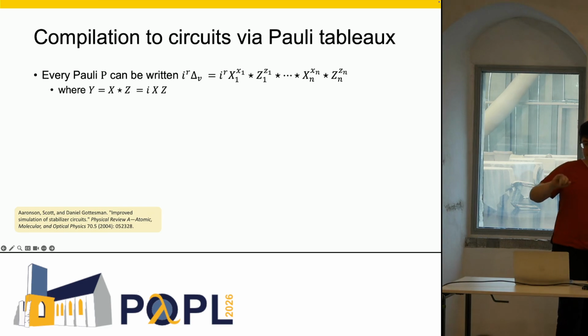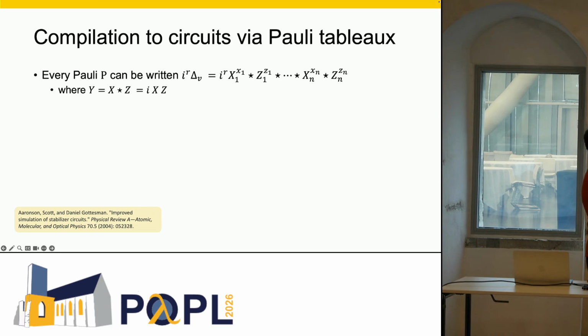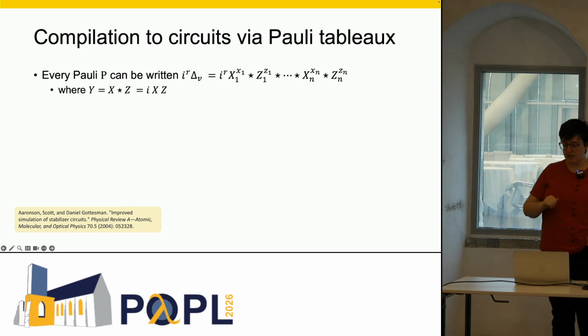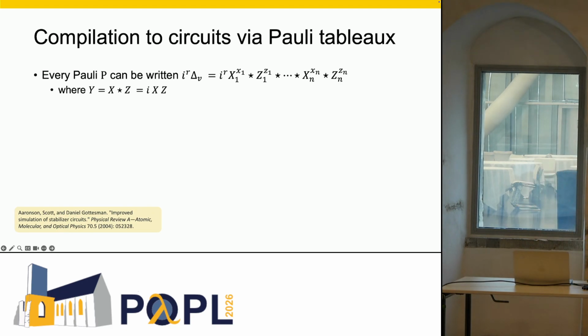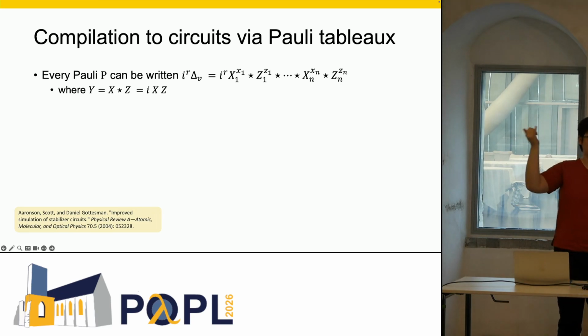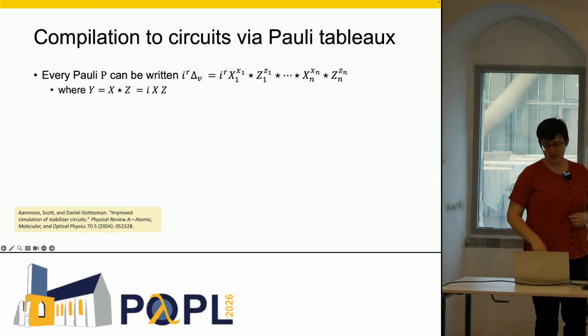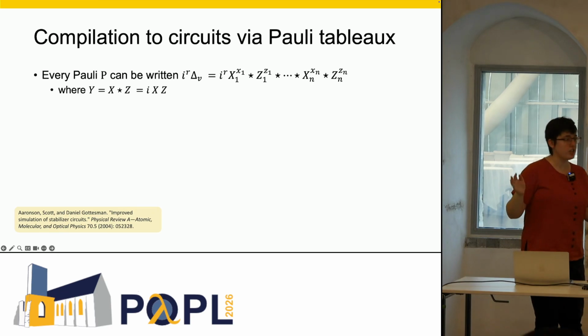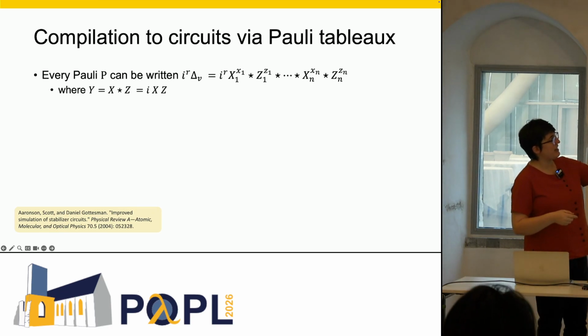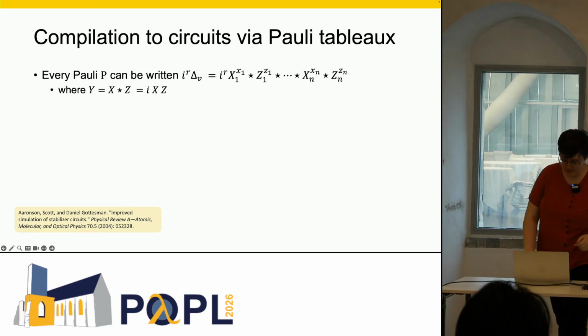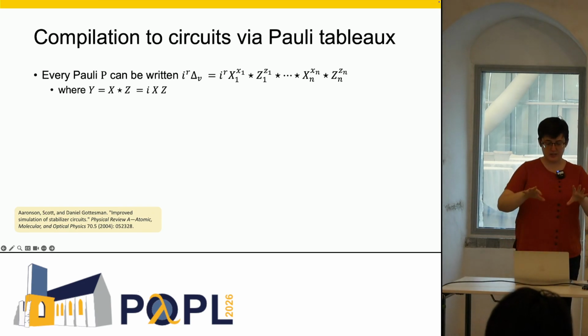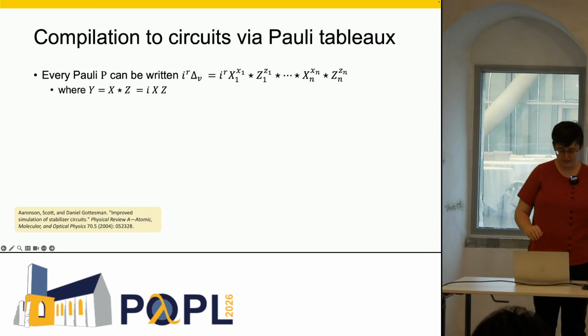So if this is an n-qubit Pauli, it's going to have possibly an x at qubit 1, possibly a z at qubit 1, and so on for every qubit. And the powers of the x_i, z_i are just bits, right? And this works because Y, I'm writing this with this star operator, is x star z. And so any single-qubit Pauli is either identity, x, z, or y. Okay, great. So this is like a bit-valued encoding of the Paulis.